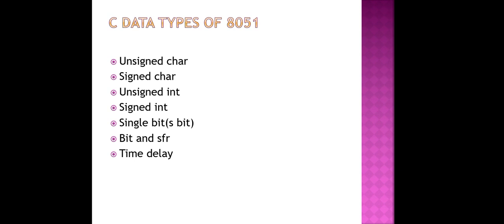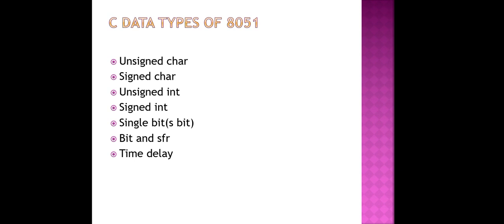The unsigned character is an 8-bit data type that takes values in the range 0 to 255, that is 00 to FFH. It is the most widely used.